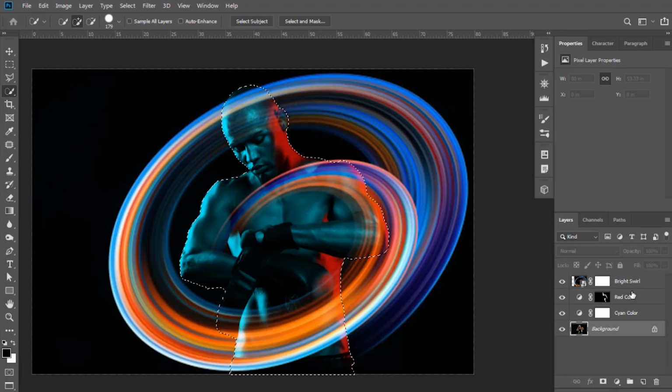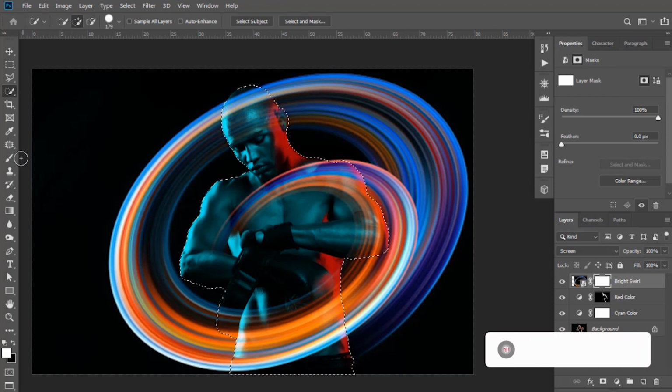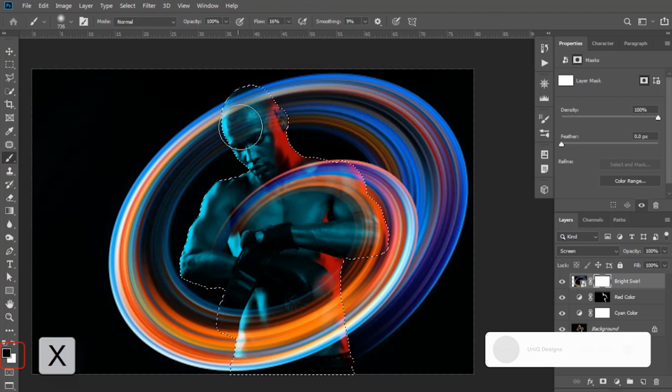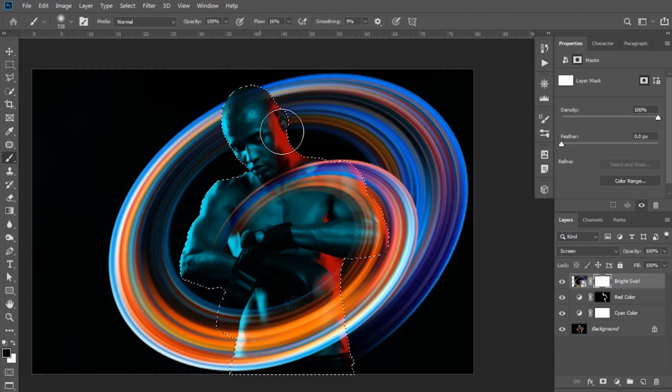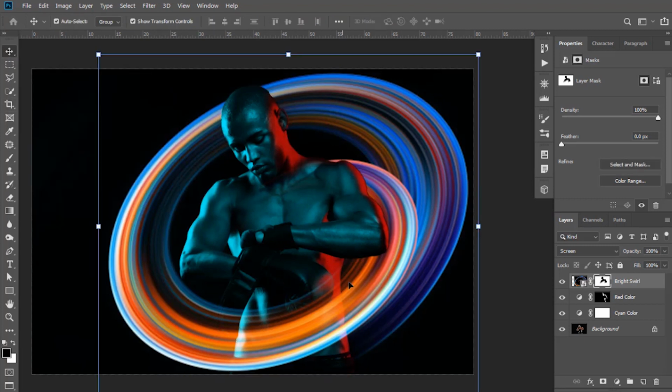Click on the layer mask of this light layer. Select the brush tool and keep black as the foreground color to erase it. We can decrease its opacity.